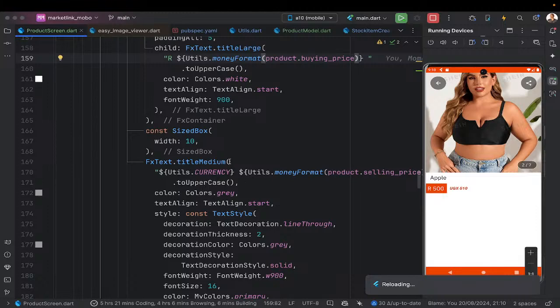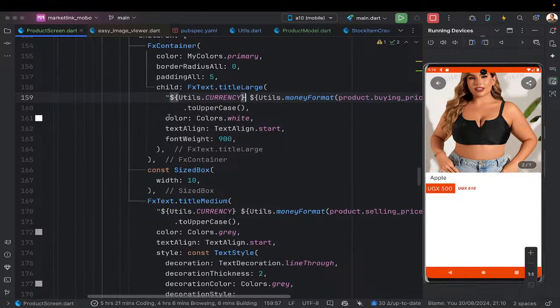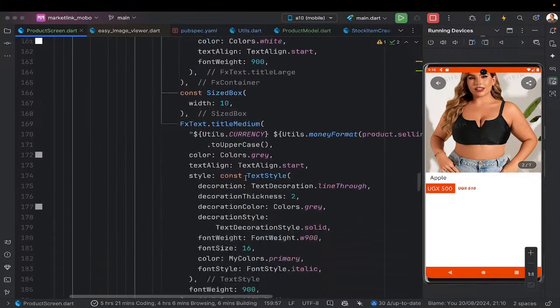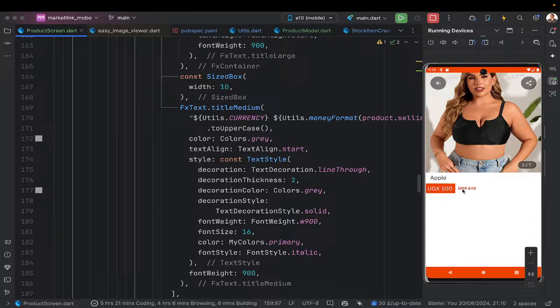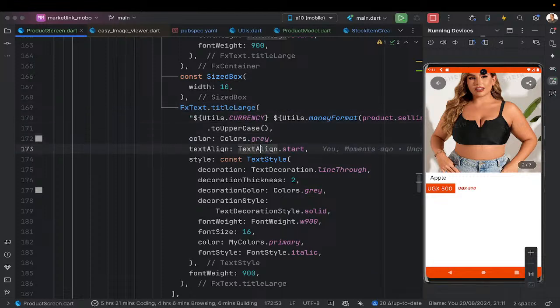So let me put here our currency. Put your currency, and then after I'm going to show you how I put this slash that cuts it. So let me first make it title large. All right, so I just simply go ahead and give it a style, and then with this style I come and give it